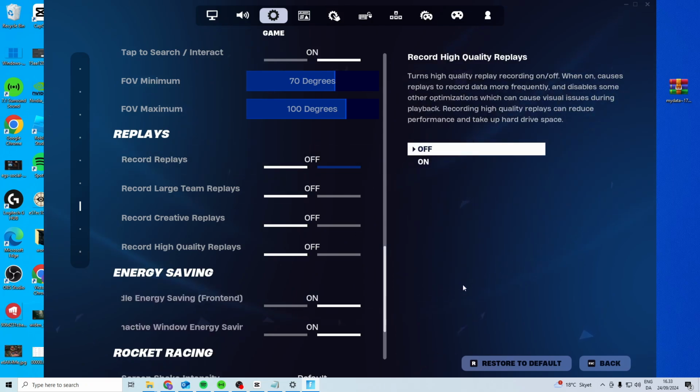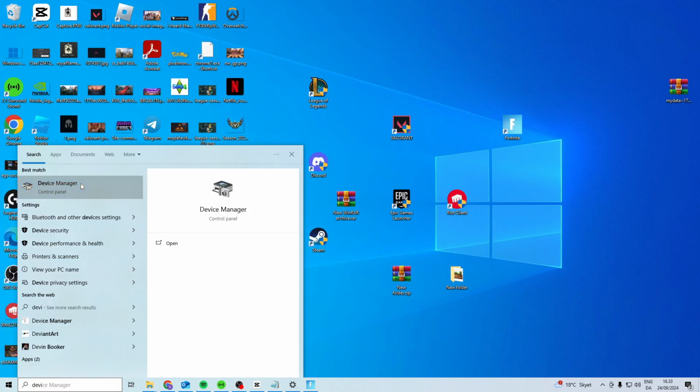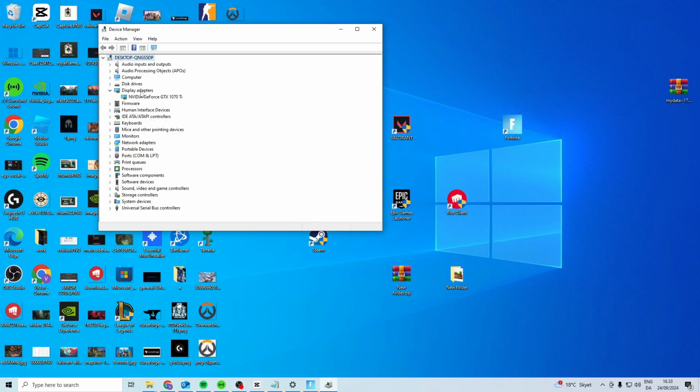Now after you've done all of that, what you can do is you can update your GPU and your network. So simply just close down Fortnite, search for device manager. In here we want to find our GPU, which is display adapters. In here right click and update. And after that you want to find your network adapters and do the exact same. If you don't know which one is yours, you can just right click and update all of them, but